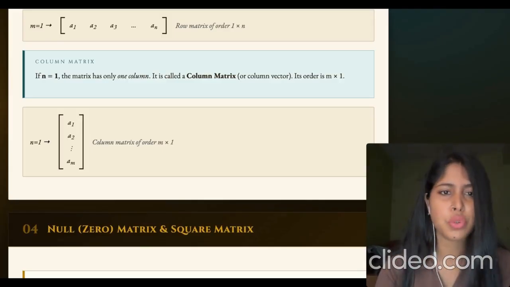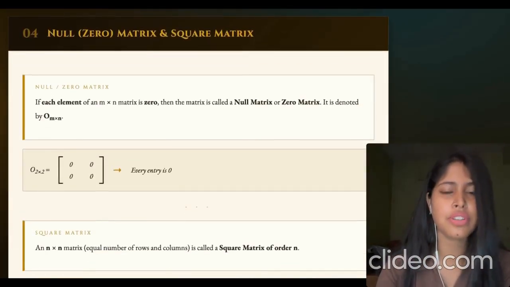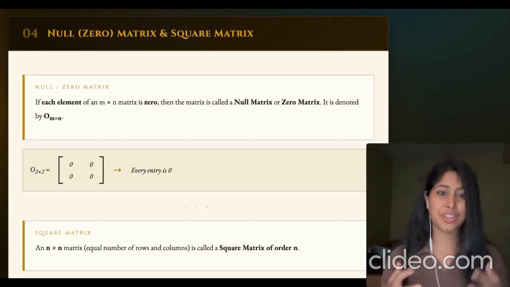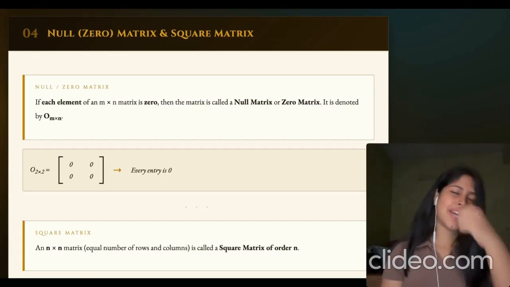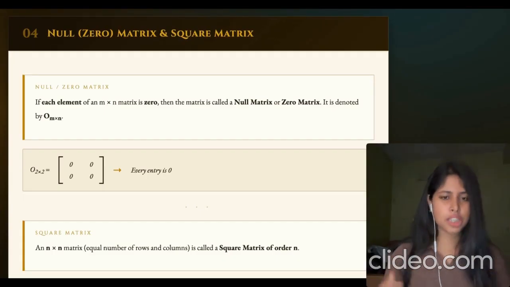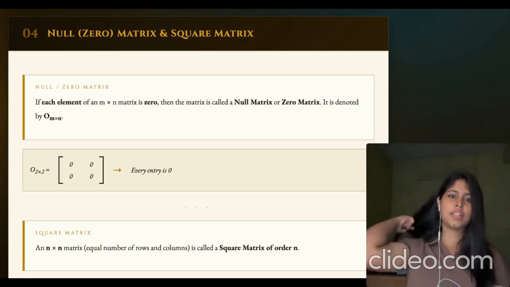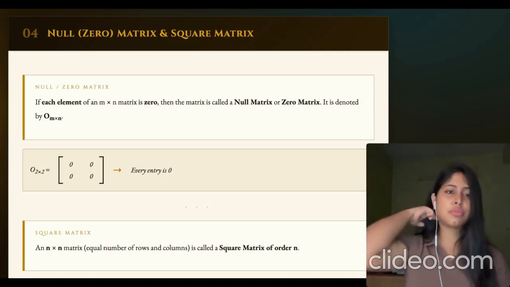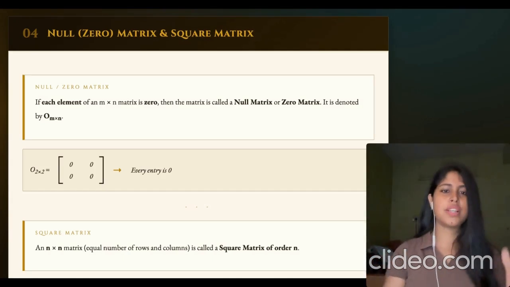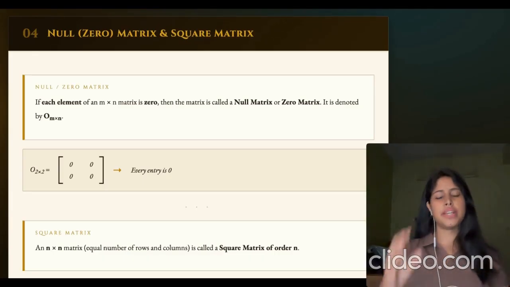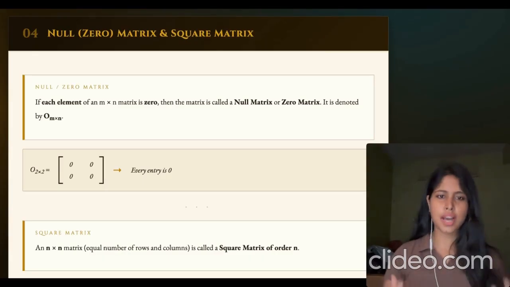Coming to the next part, null matrix and square matrix. These are two very important types before we get to the very good stuff today. In the later part of this video, I am going to teach you the left divisor and the right divisor of zero, as you have seen in the thumbnail. Before getting to that part, you must understand these basic concepts of matrices. So first, let us understand what the null matrix is.